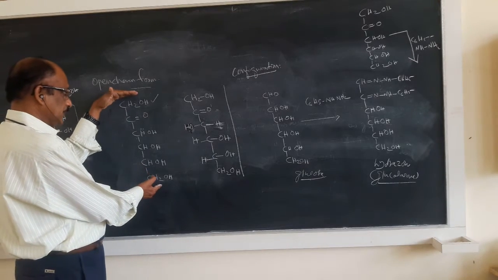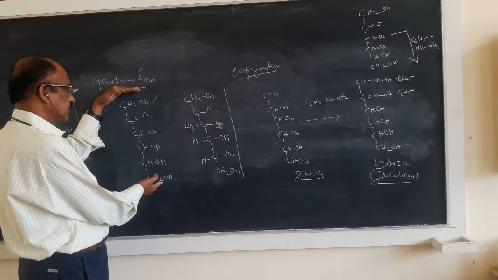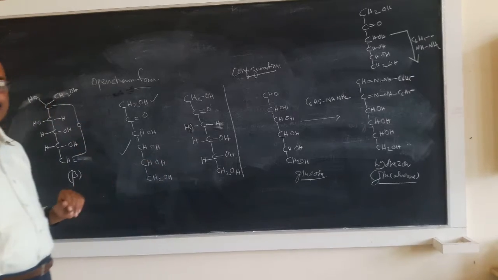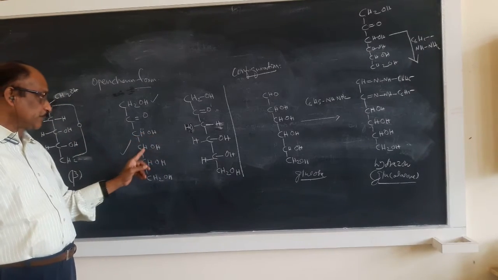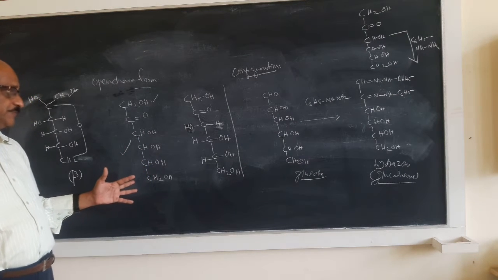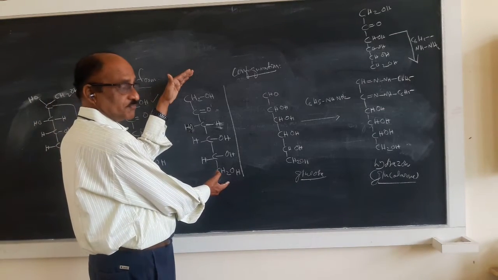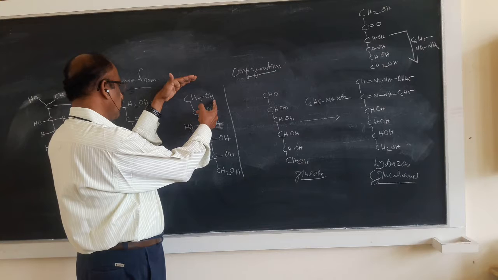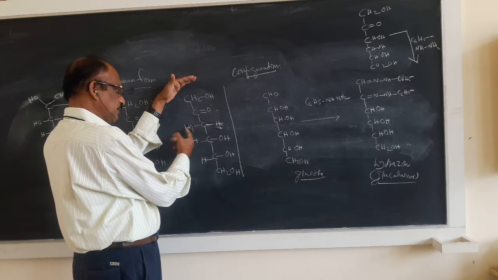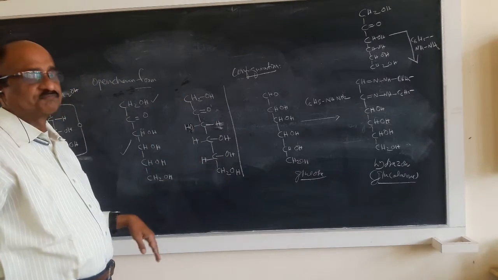By those points we got this open chain structure of fructose as written like this. But I have not written the exact position of H and OH, which I have to write to give the correct configuration. The correct configuration of fructose is here. This is the CH2OH at the top, CO at the second, and then at the third carbon atom, the OH group is placed on the left side, just like in the case of glucose molecule.